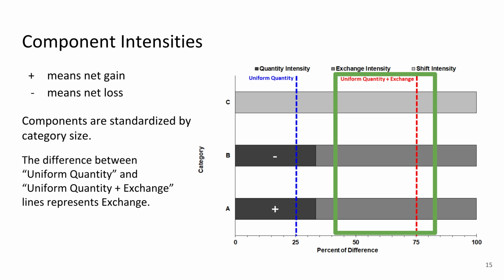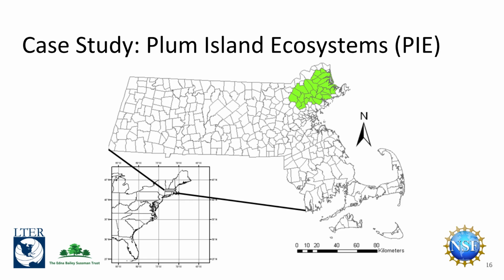The uniform quantity plus exchange line of 75% implies that the intensity of shift overall is 25%, calculated as 100% minus 75%. Category C has a shift component that is more intensive than shift overall, as category C's entire bar is shift. We will now demonstrate these principles of component intensities to compare differences by category and overall with